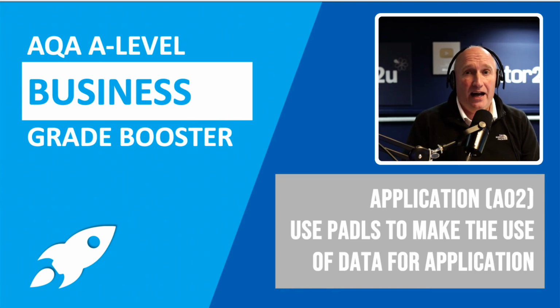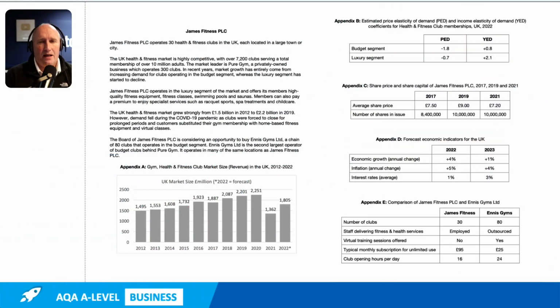Okay, let's take a look at an acronym that's really useful as you are trying to maximize your application marks. In our AQA exam papers, we get lots of contextual information, for example, financial and other information in the case study text, the words that we get given, but perhaps more importantly, in the various appendices that we get given. An example there on the screen from the James Fitness case study in the download section, which is a classic